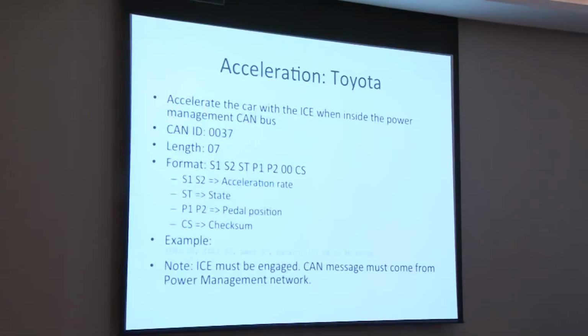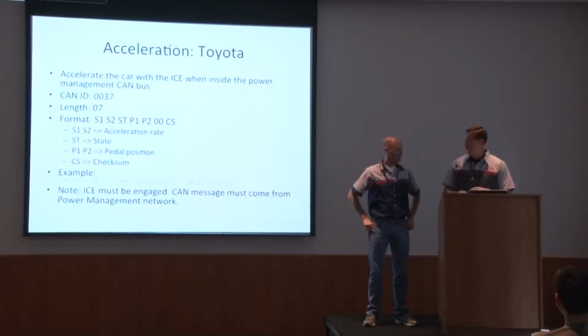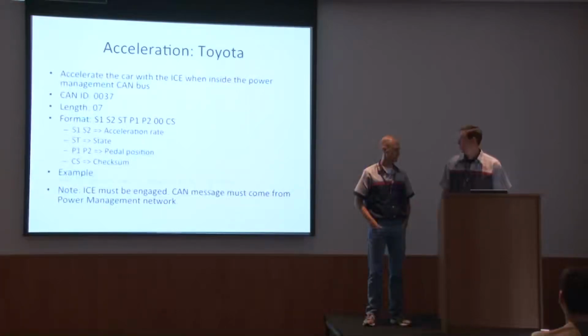Acceleration was another one of our goals, and the Prius actually had acceleration by wire. That is, it communicated on the CAN bus to a certain ECU, and that ECU kind of controlled the speed of the car. While in Charlie's car, it really didn't work that way. Again, we figured out the CAN ID that was used for acceleration. Unfortunately, for this example, we couldn't be in the OBD2 port. We actually had to connect into another place in the CAN network, but we figured if you're going to compromise a car, you're probably going to get multiple entry points after you've gained your initial entry point. So it's still feasible, and it showed that we could control acceleration of the automobile.